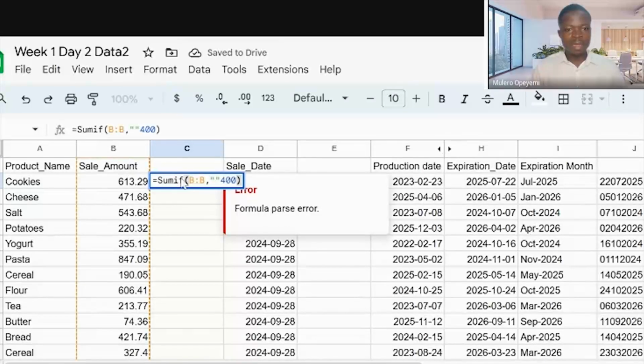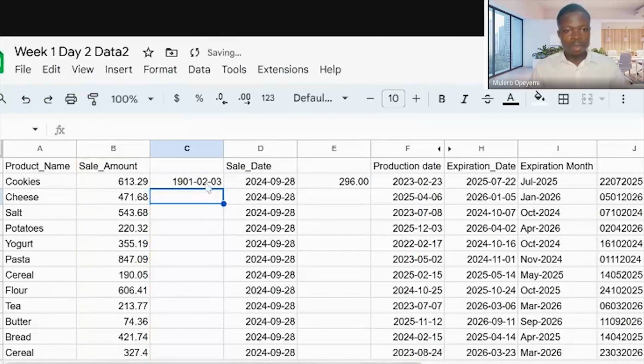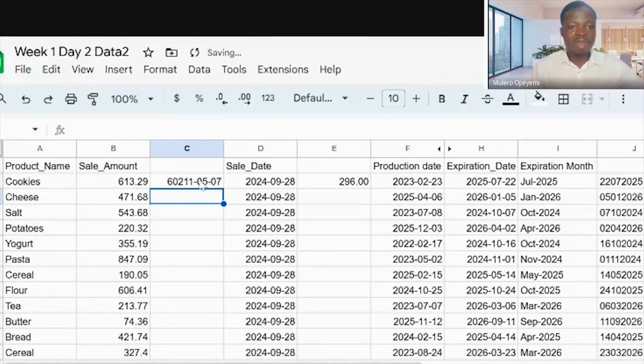There's an error. Why? Okay, we don't need this. Sorry. So in this double quotation, we'll put in between greater than 400. Then we can delete this. And I'll give you the sum.